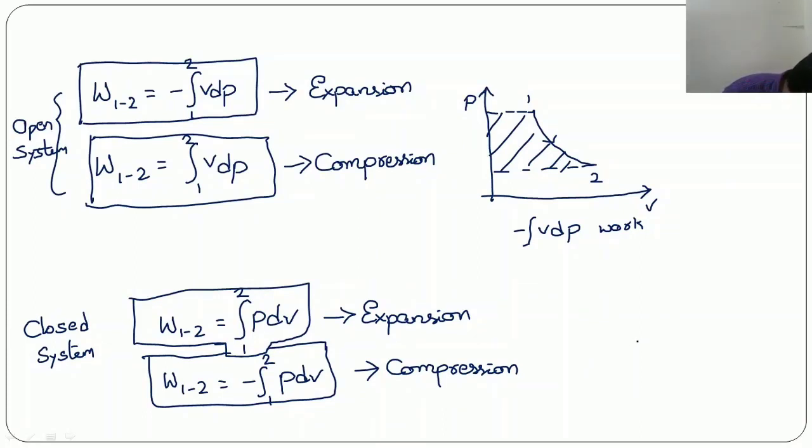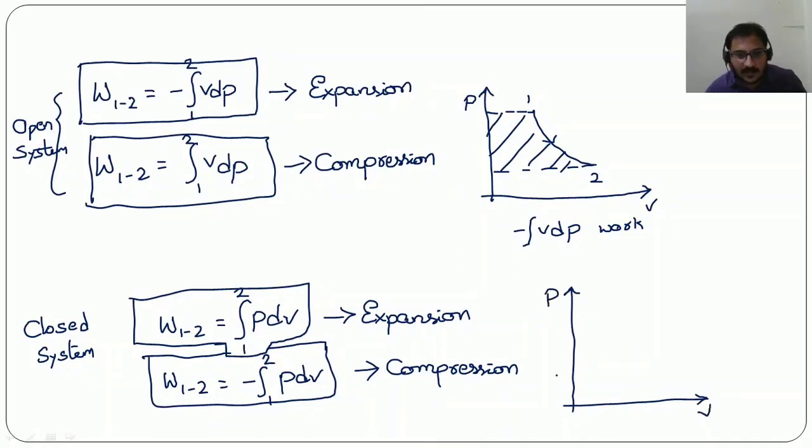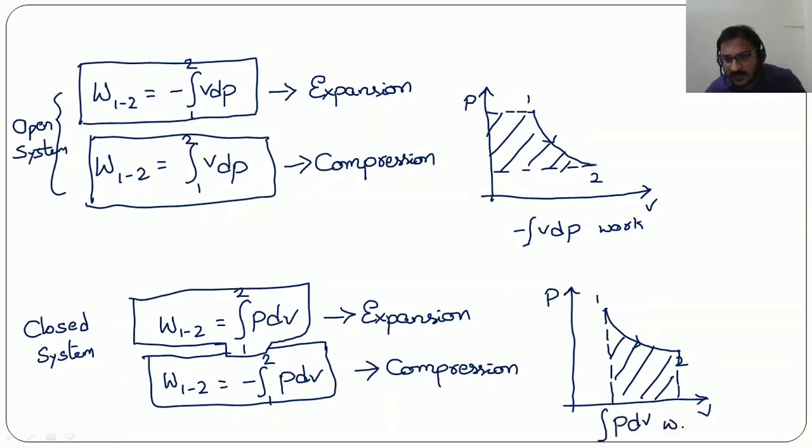Which formula we have to use for compression and which one we have to use for expansion. Sai Prashant has asked, sometimes work done is taken as minus PdV. I just told you why we are taking minus PdV work. It is during compression. If we take PV diagram for this particular case, process 1 to 2 expansion is happening. Area under this curve, this area is taken as PdV work. Integral PdV work is this one. So try to understand the difference. Which area under PV diagram we have to consider for closed system and for open system. This is very, very important here.